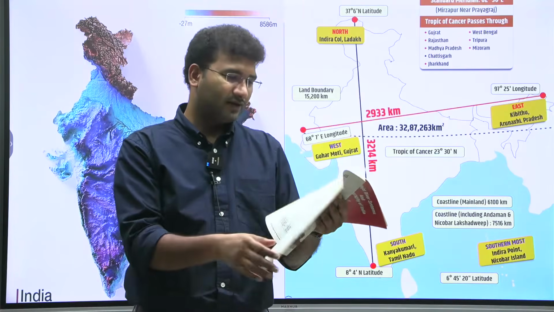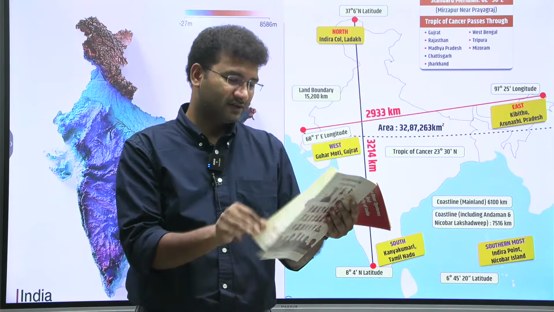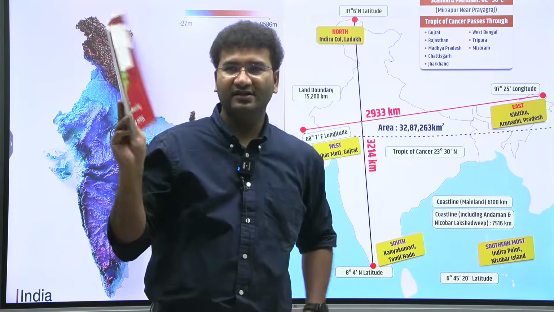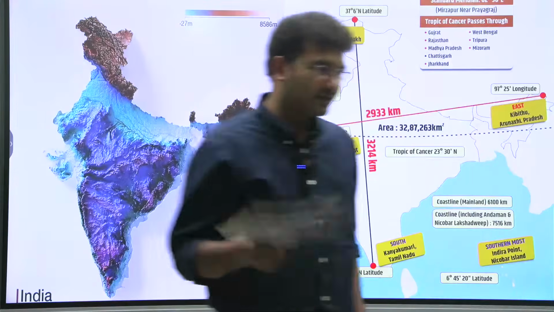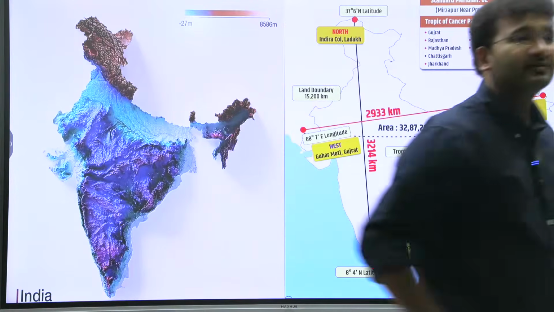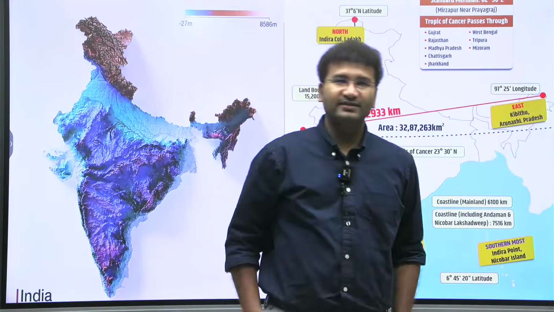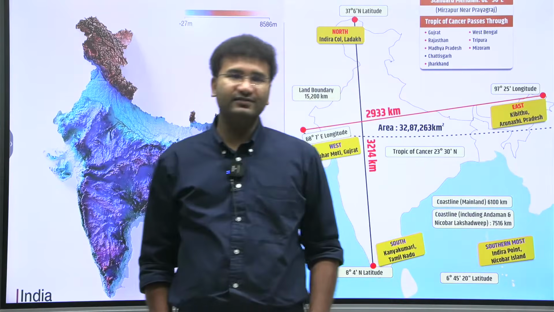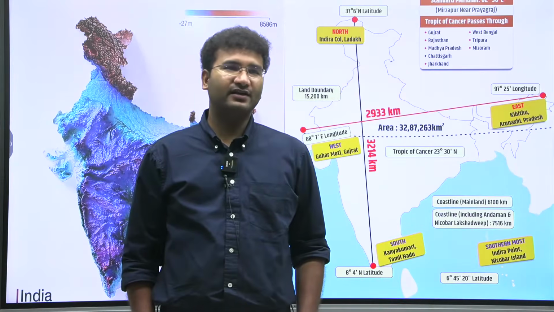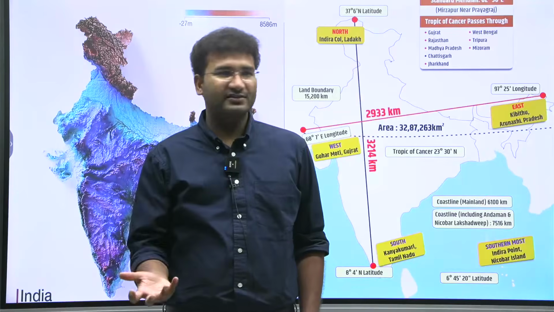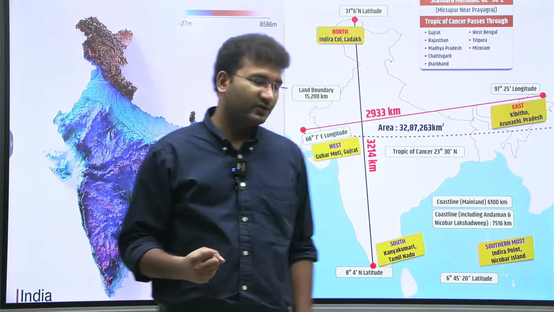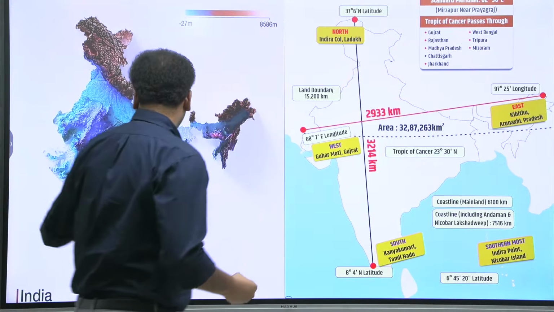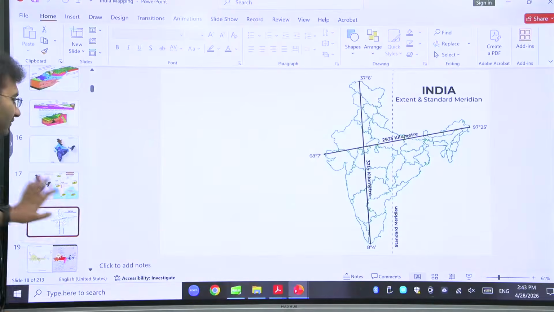Apart from that, what are the west flowing rivers? What are the east flowing rivers? So this is one single stop for your drainage system. But there is one aspect which is not there in this booklet, that is the patterns of the drainage. If you understand the patterns of the drainage, it will be easy for you in terms of understanding the knowledge, why the river is in this direction, what kind of materials it can carry, and so on. So let us quickly move and try to understand all of this in detail.